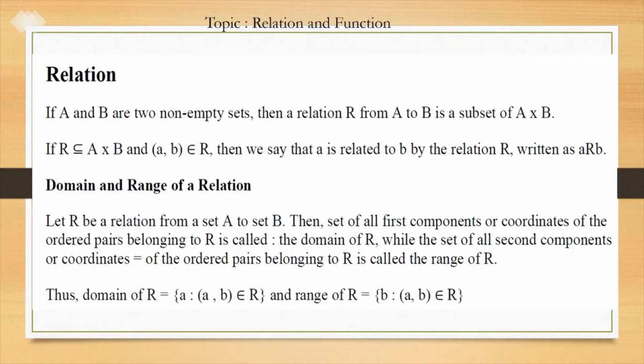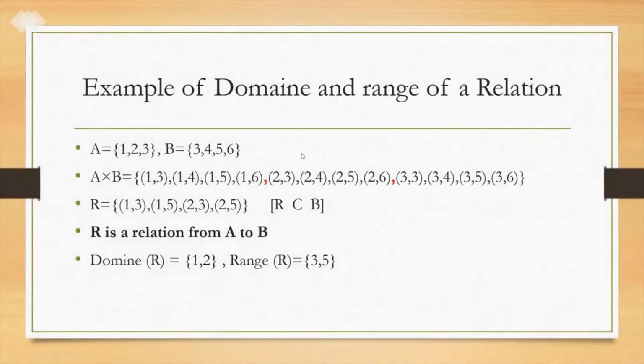Okay, so next we can consider an example. Suppose A is equal to {1, 2, 3} and B is equal to {3, 4, 5, 6}. Then what is A cross B? Now A has 3 elements, B has 4 elements, then A cross B has 3 into 4, 12 elements. A cross B is formed by pairing each element of A with each element of B. It is (1,3), (1,4), (1,5), (1,6), (2,3), (2,4), (2,5), (2,6), (3,4), (3,5), (3,6). Okay, so it is 4 plus 4 plus 4, 12 elements.